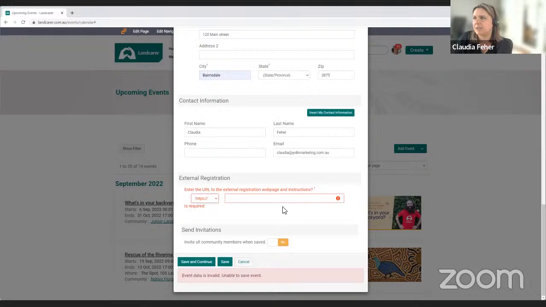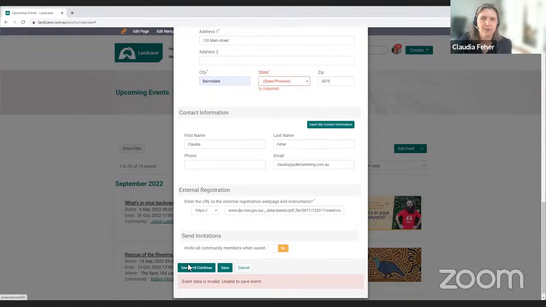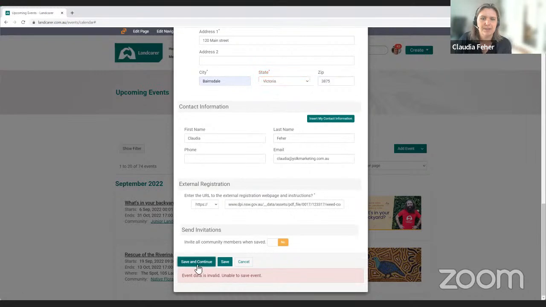Oh, and I have to put in an address. There we go. That's obviously not the registration form, but yeah, you put in your website address there, and this will now enable me to, once I select the state,